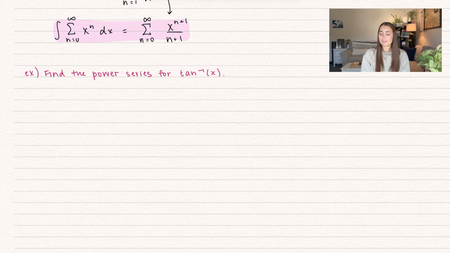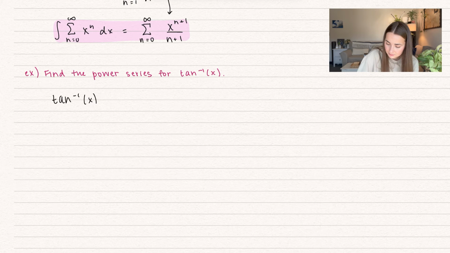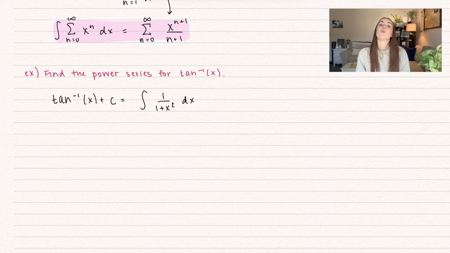We want to find the power series for inverse tangent of x. And there's a trick here. The trick is that inverse tangent of x plus some constant c is equal to the integral of 1 over 1 plus x squared dx. We're going to go ahead and use this fact because 1 over 1 plus x squared is very close to